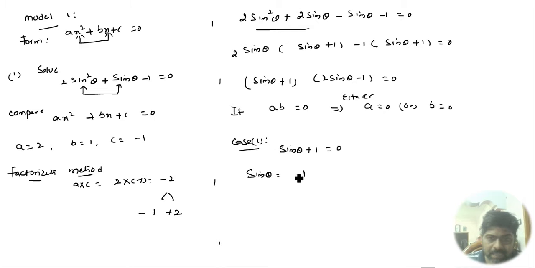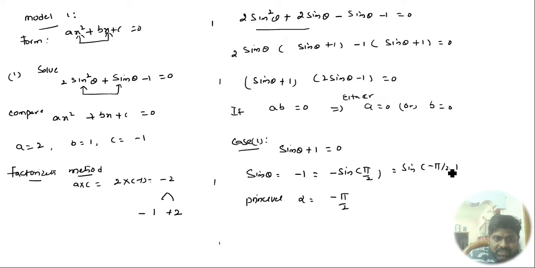When does sin become minus? This is nothing but theta equal to minus pi by 2. So sin of minus theta is nothing but minus sin theta. This is minus sin 90. Therefore, the principal value, alpha equal to minus pi by 2. So this is nothing but sin of minus pi by 2.